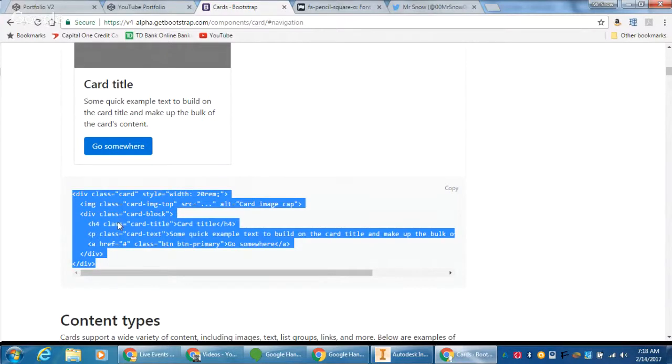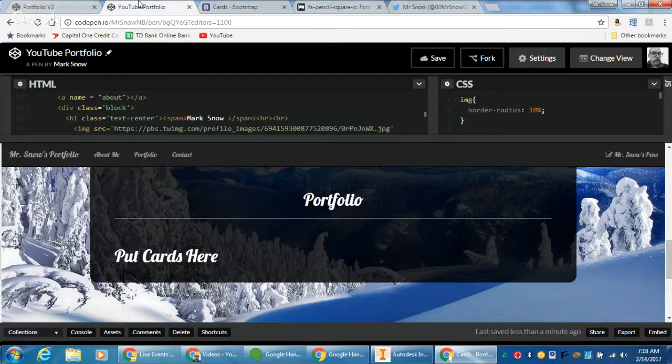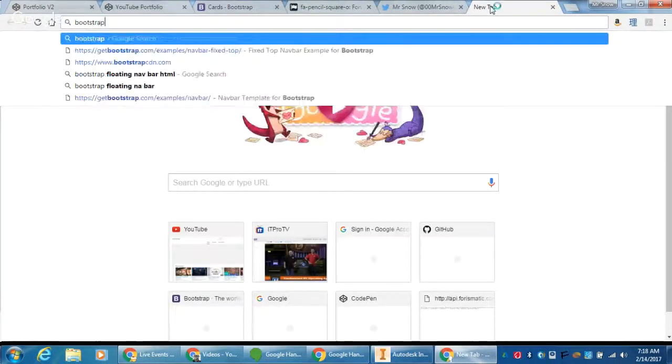And I can copy this chunk of text to save that for later. But I don't want to just plunk down one card. Let's say that I want to use the cards here inside of this div, and I want to do one side by side and do different rows of these. So in Bootstrap, we can break up cards. So if I go to Bootstrap, and let's just say that I want to go with rows and columns,